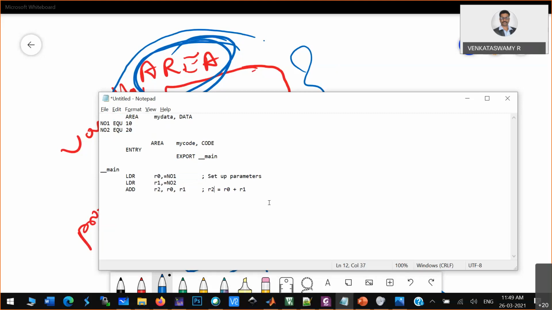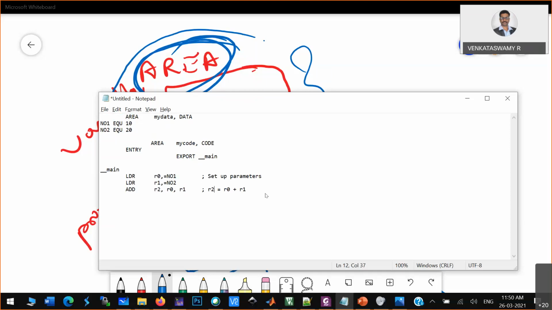So this is one simple example of how you can write ARM assembly code. Anyway, I told you, whenever you are dealing with ARM, you should not spend your energy writing the assembly program. You can straight away start with a C program. But it is important to learn assembly as well, because if you're developing a smaller application or a smaller product, then I think you can manage with the assembly program.